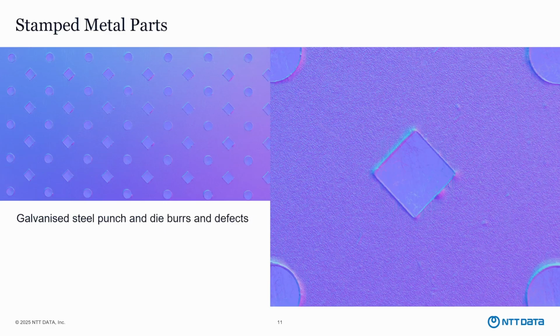Here's an example of some stamped metal parts. I think what's really interesting about this is you can see the pickled zinc on the galvanized coating of this part that's been put through a stamp and die. You can see the detail of the burrs formed at the edge where the punch and die meet, and the parts as they're being produced can literally be inspected with 100% inspection, and should these burrs reach the point where